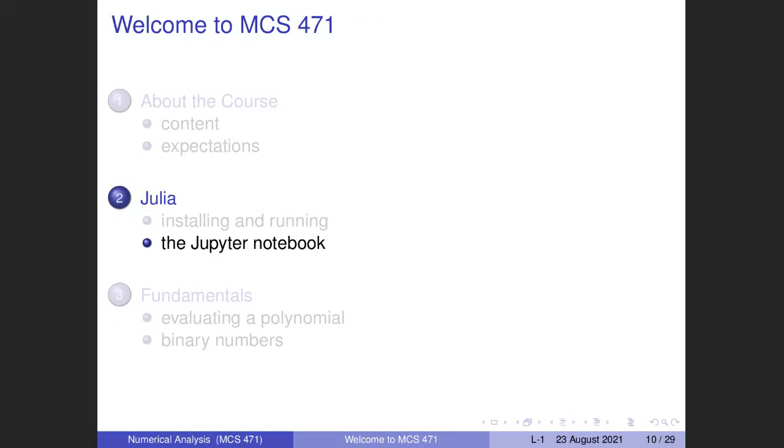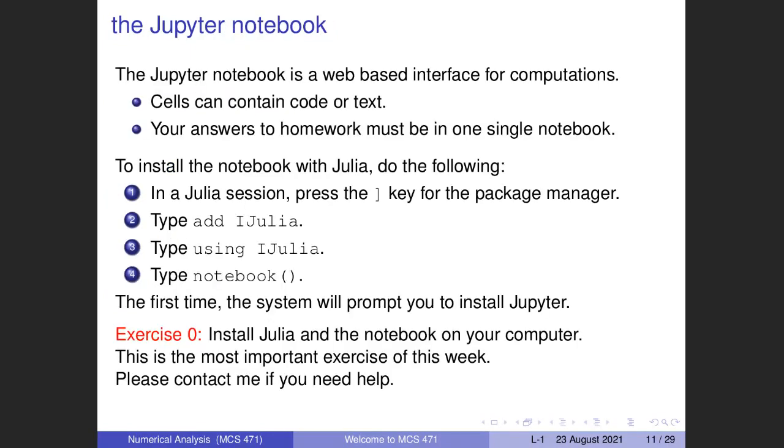All right, there is a second shoe that is about to drop here. So we have the programming language, and we also have the notebook environment. So if you took MCS 320, then you must already be familiar with the Jupyter notebook. The first two letters are Julia, the second two are for Python. So proper pronouncement is not like in the name of the planet, but is Jupyter. So Jupyter is just as essential as Julia